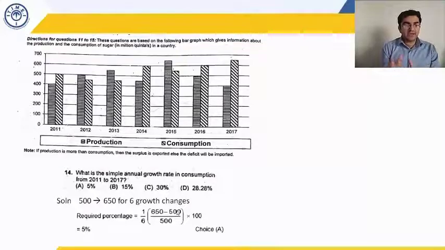First we find out the growth, then we want the growth rate, and then we want the annual growth rate. Please write this also in your copy. Step 1, growth. Step 2, growth rate. Step 3, annual growth rate. So what is the growth? 500 to 650. So the growth is 150. What is the growth rate? 150 on a base of 500. So the growth rate is 150 upon 500 into 100. That's 30%. And what is the annual growth rate? 30% in 6 intervals. So 30% by 6 is 5%.